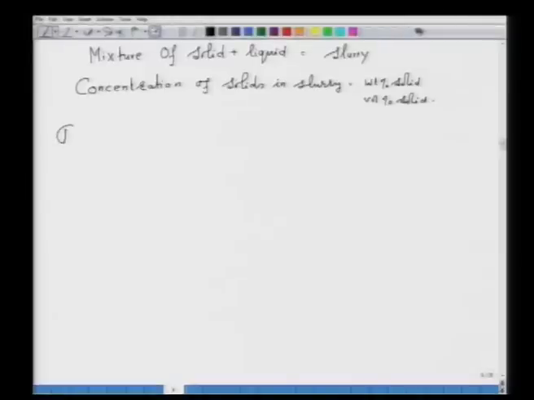So, let us derive the relationship between weight percent solid, let us call it percent x,